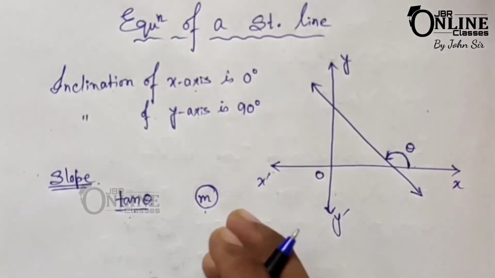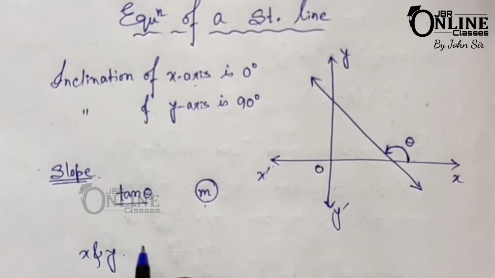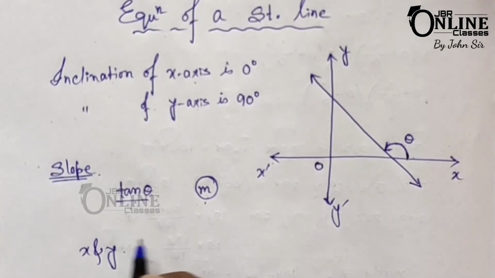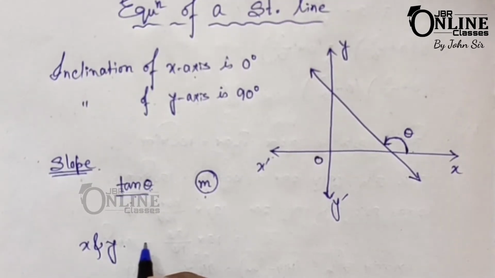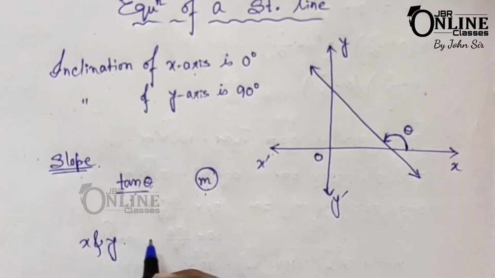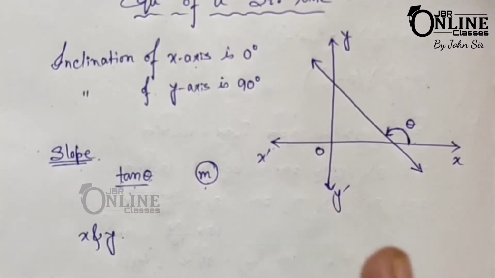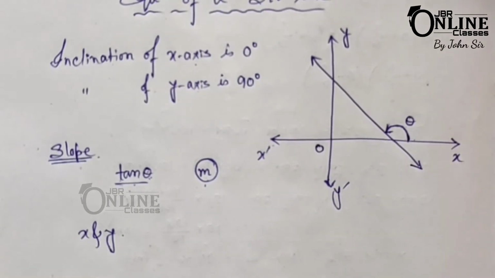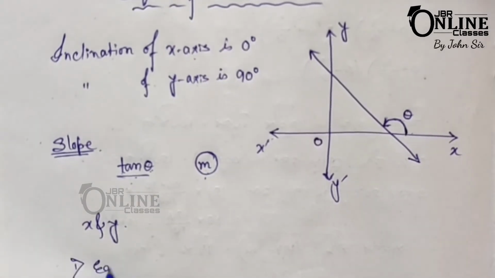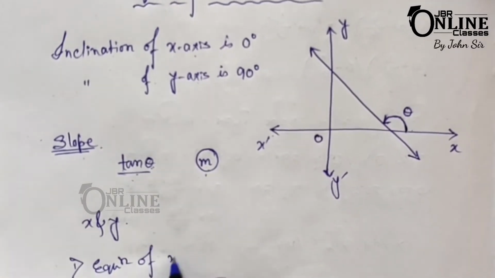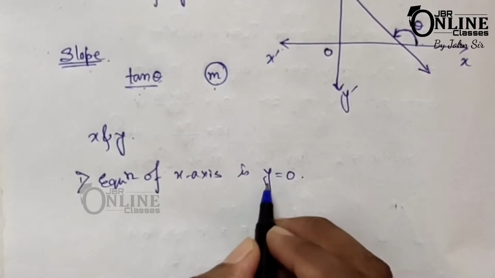The equation of a straight line is a linear equation in x and y, which is satisfied by the coordinates of every point on the line and not by any point outside of the line. So that means for each and every straight line, the coordinates of any point on it will satisfy this equation. Always remember that the equation of the x-axis is y equal to 0.